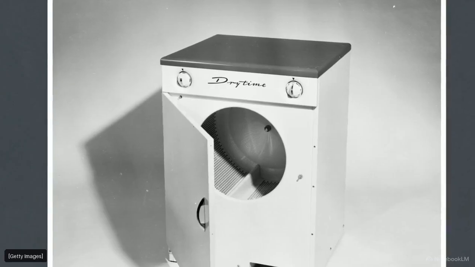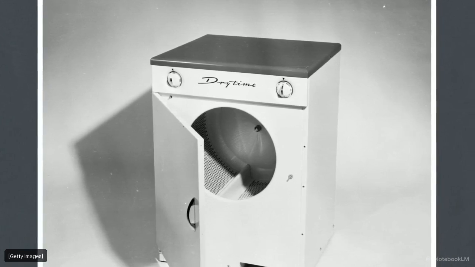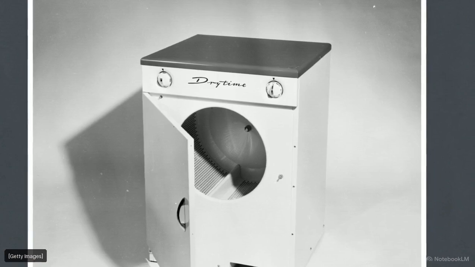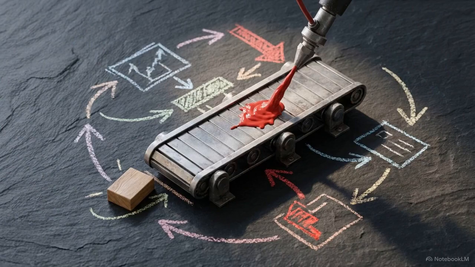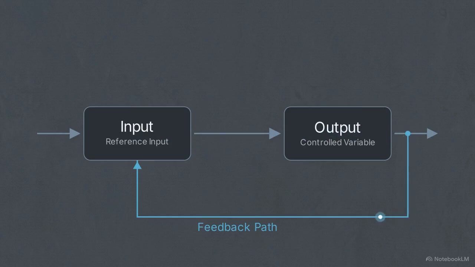A domestic clothes dryer suffers from the exact same limitation. The duration depends strictly on the timer setting. The machine never measures the actual moisture of the clothes. Because open-loop systems are entirely blind to their own results, they rely entirely on perfect conditions to achieve the desired output. The alternative is the closed-loop control system, an architecture designed to maintain a strict relationship between the desired input